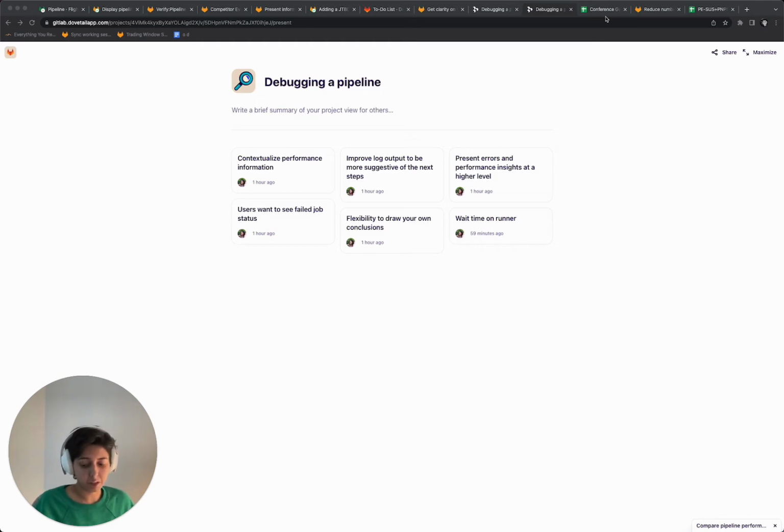What's the next step that they take? What's the information that they look for? And how do they act upon that information? And what is it that we can do from our end to make sure that they are able to debug and optimize their pipelines in a better way? So, taking a look at the insights that we received from